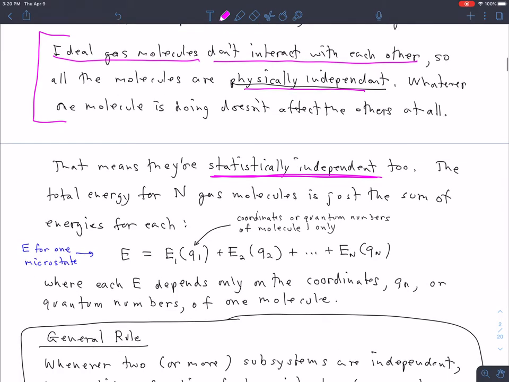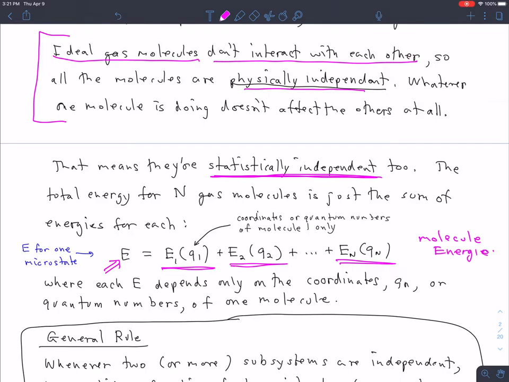What does statistical independence, or physical independence, in this case they're the same thing, what does that mean? It means that the energy for each and every microstate that you're summing over when you're summing up a canonical partition function, for example, can be written as a sum of energies for each of the little subsystems inside of it, for each molecule, in the case of an ideal gas. And